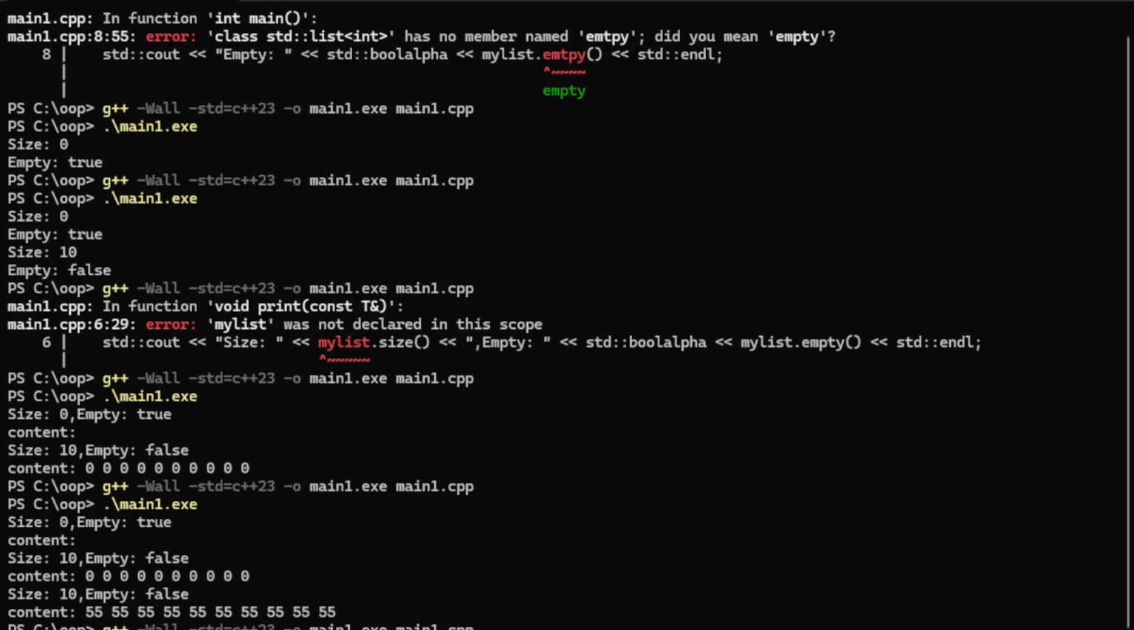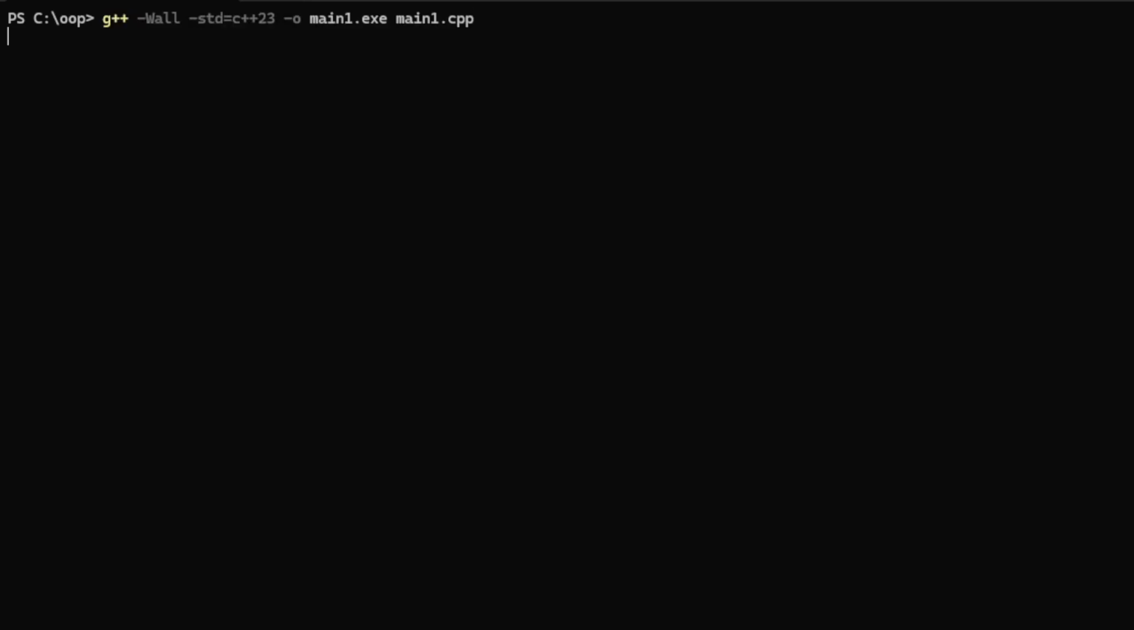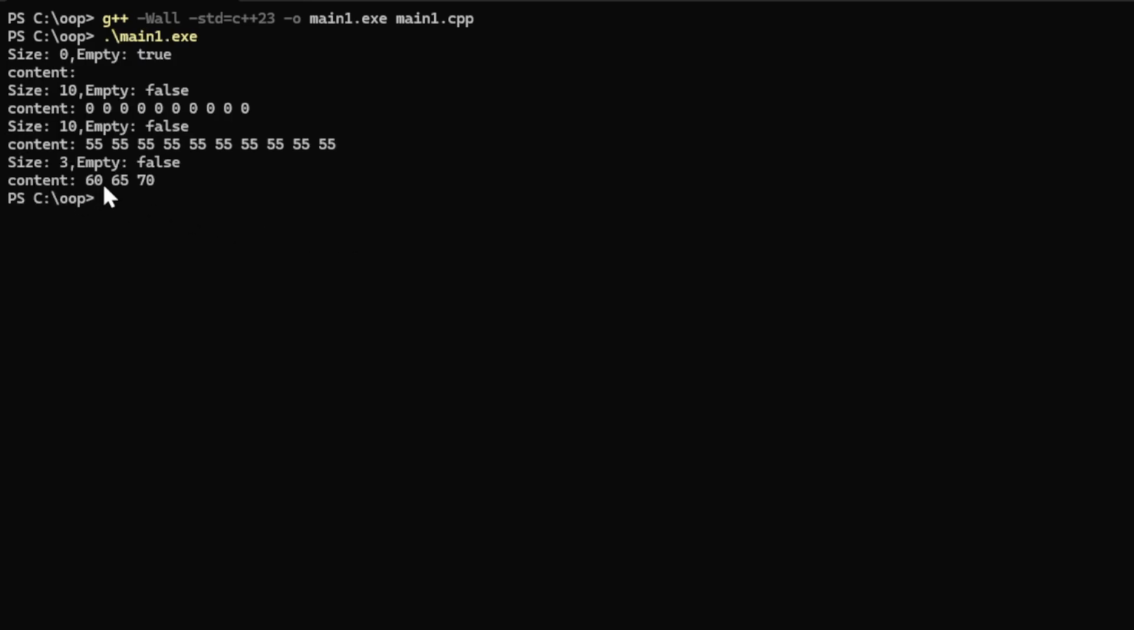With that change, let me clear the screen. So now you can see 3 elements that were pushed into the first list that was created. Size now became 3, empty is false, and contents 60, 65, 70. And instead of pushing back, you can also push to the front. If I want to push, let's say, 33 to the front,